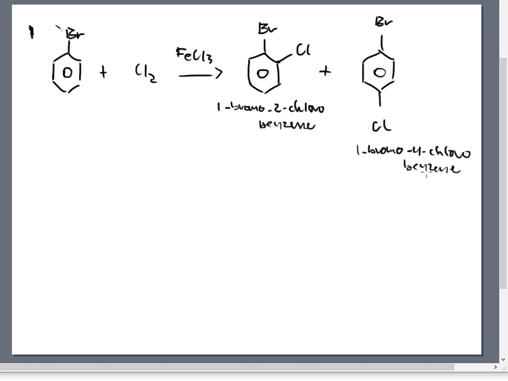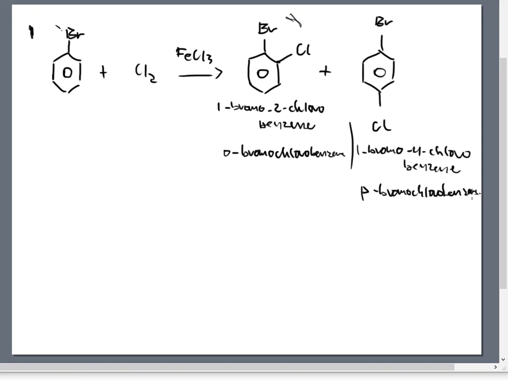If I don't want to name it that way, there's another way I can name this thing. These two groups are ortho of each other, right? So I could do an O-bromo-chlorobenzene. And then over here to the right, these two groups, they're para of each other. So I could write P-bromo-chlorobenzene. So in this reaction, bromobenzene reacts with diatomic chlorine gas in the presence of iron 3 chloride as a